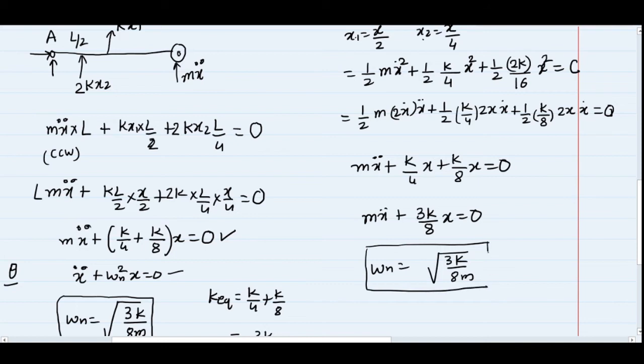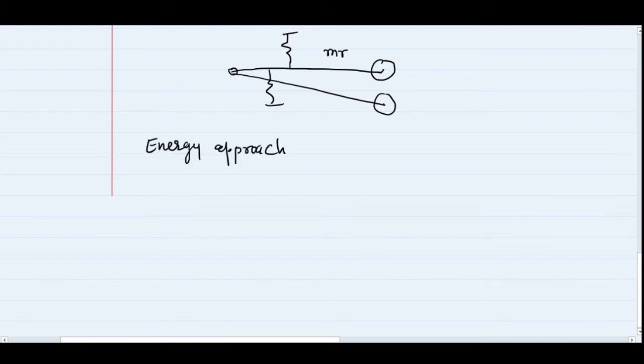When I consider the mass of the rod, the problem will become a little complicated, because in that case the rod has mass mr, it is rotating about this point, this is the tip mass, and when there is a vibration, there will be two forces because of the two springs connected here. If I am applying the energy approach, I will write the total energy as constant. The total energy will be a combination of kinetic energy because of the inertia component in the system plus the potential energy because of the spring component in my system.